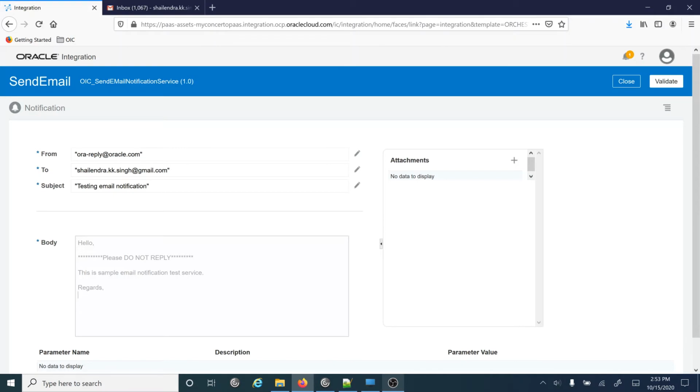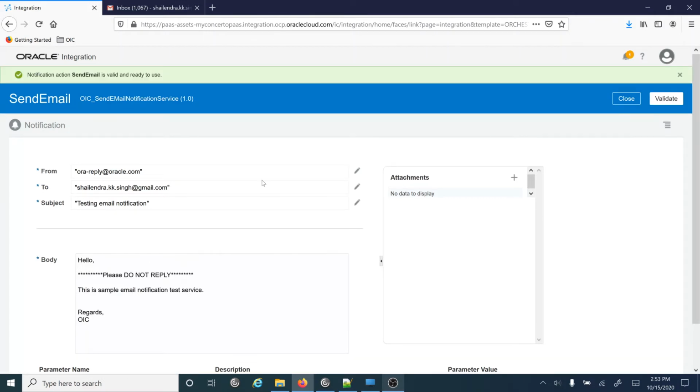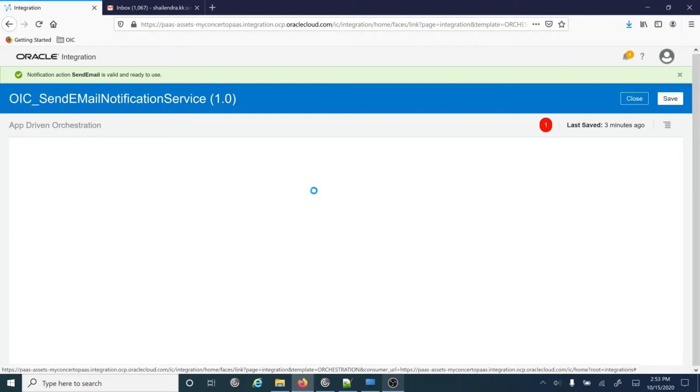You can type anything here. Now this is done. So we'll click on the validate and click on the close button. But before closing, please make sure that the email address which you have given is correct. Otherwise the email will not go through. Then click on the close button.